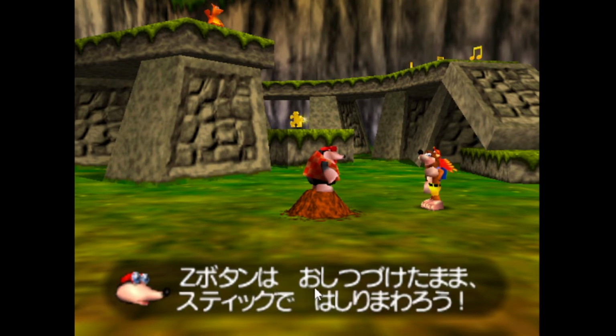Z ボタンは押し続けたままスティックで走り回ろう. I don't know why this is wa here, to be honest. Z ボタンは. Yeah, I don't really know. I feel like woe would have done exactly the same thing. Z ボタンは押し続けたまま. So, continually pressed state and via the stick. Hashiri mawaru would be, hashiru is to run, and therefore hashiri mawaru, I suppose, is just to run around.